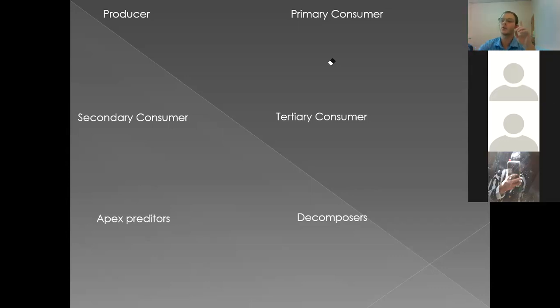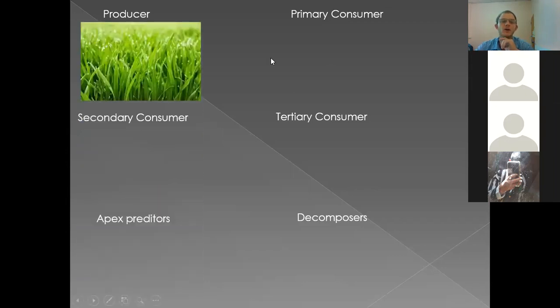So the producer, what I said was, producer is grass, is the first producer. Grass or plants can be our first producer. Okay. What will be the primary consumer, the first one to eat the grass? What do we think? What is the first one to eat the grass?